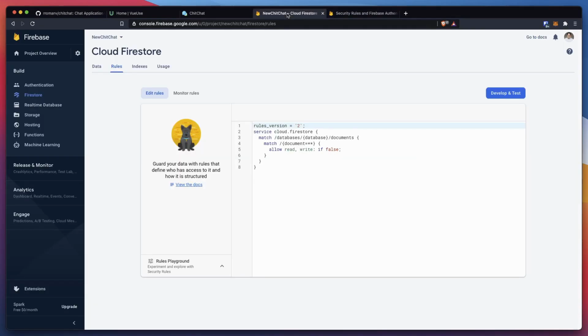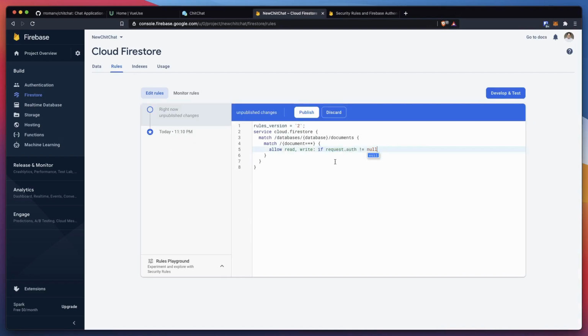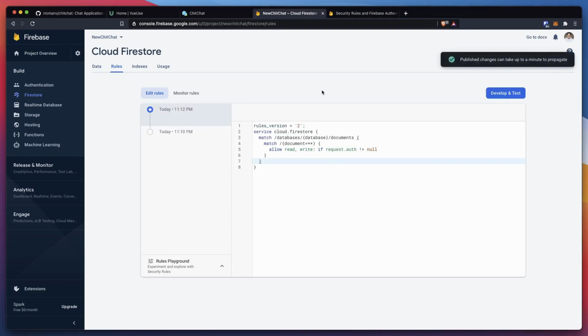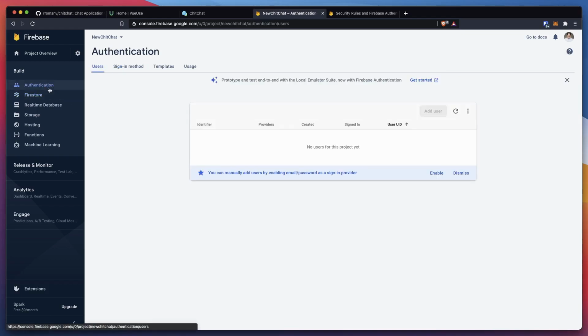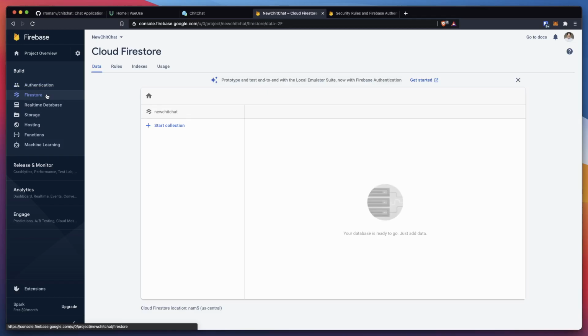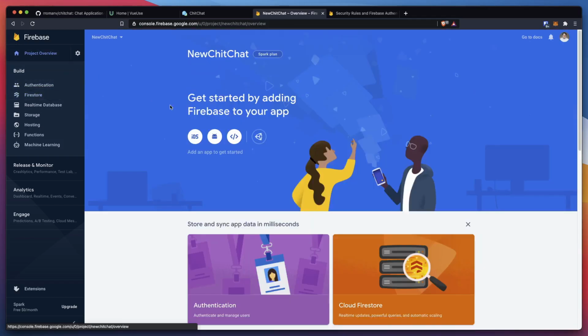So we go back. So we change the if statement to: if request.auth is not null, and we just publish it. And we have the rule applied already. Perfect. So we have the authentication, we have the Firestore rules there, and the last thing that we need to do is add the app. So we need to create a web application,